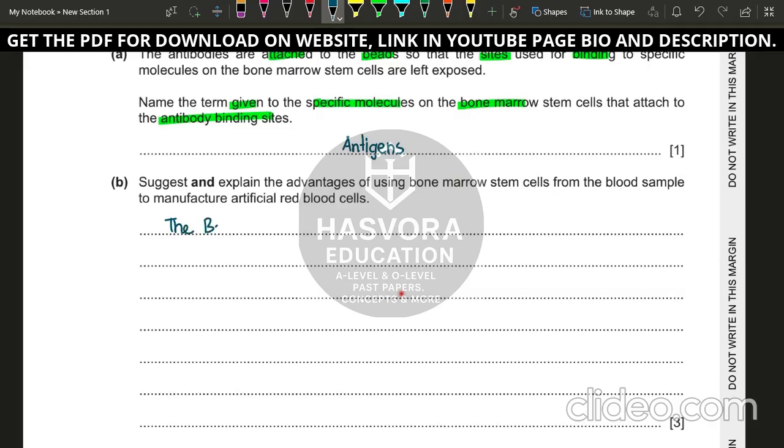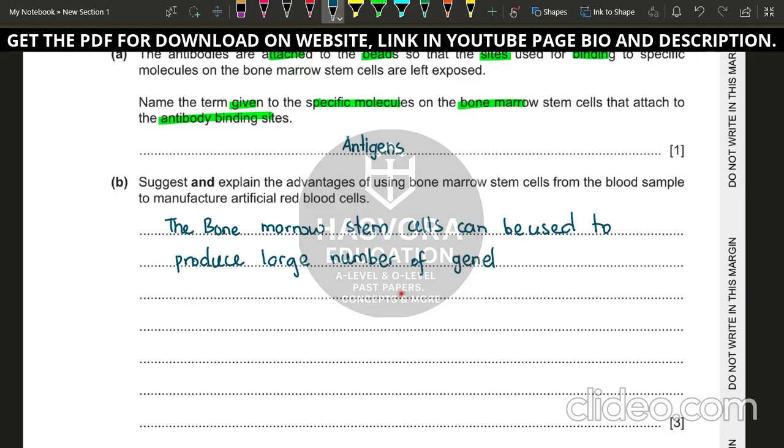So the bone marrow stem cells can be used to produce large number of genetically identical red blood cells and can be divided multiple times. Okay,